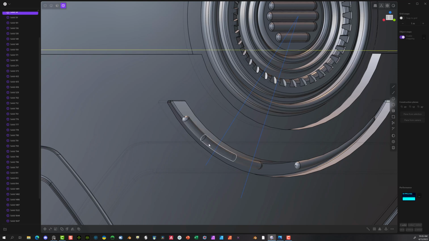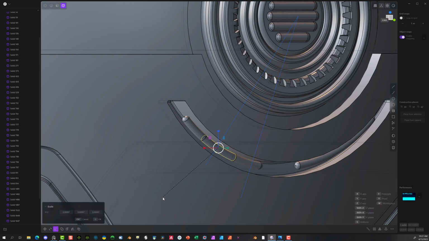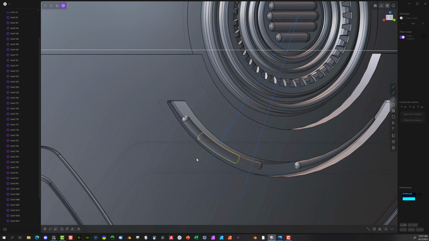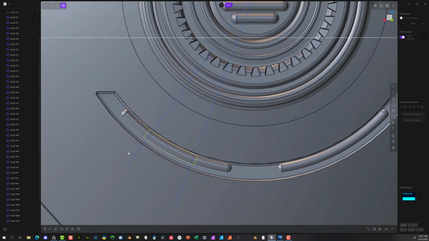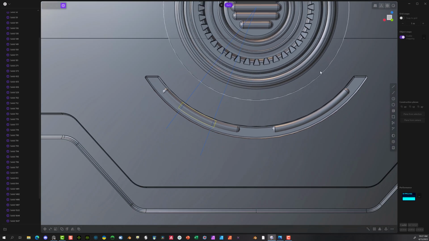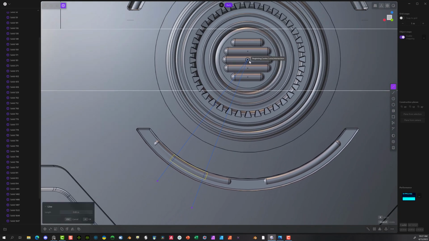So what I'm going to do here is I'm going to scale this up. Kind of like that. And then I'm going to cut these as well. Let's go back to the Y-axis. And I'm going to create another section here. So we're going to do something like here. Let's go and do line tool again. Something like